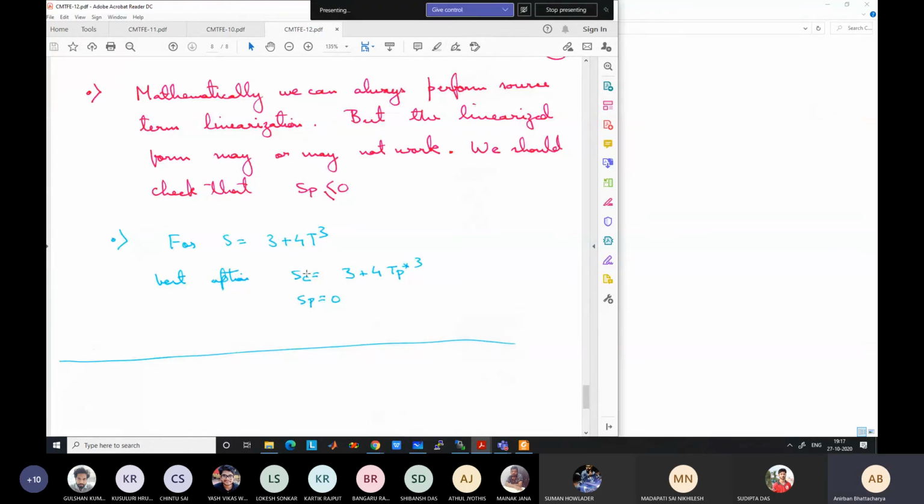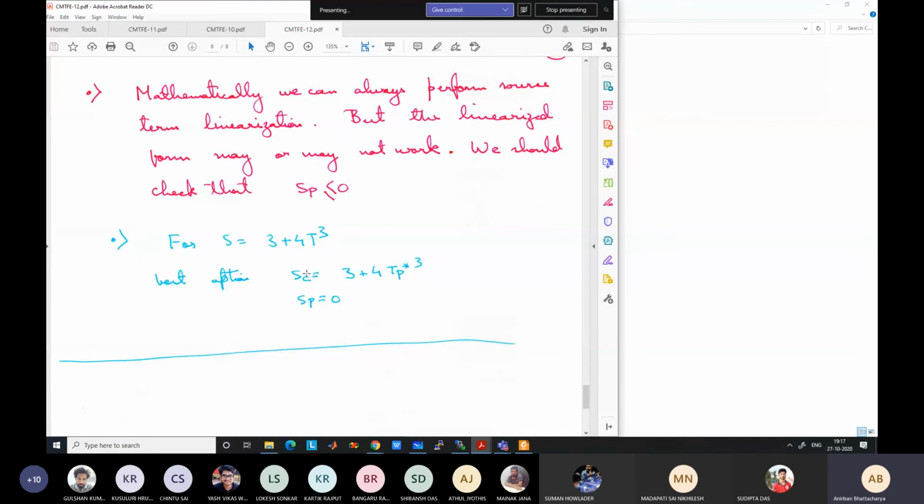this type of situation becomes very relevant in actual physics problems. When you write a CFD solver, you will see that in many cases the source terms are variable dependent. For example, the momentum source term may depend on the u velocity. In many cases it can happen because it may depend on some friction or frictional losses, and it depends on the u velocity. So in that case, linearization will give us a better finite volume discretization.